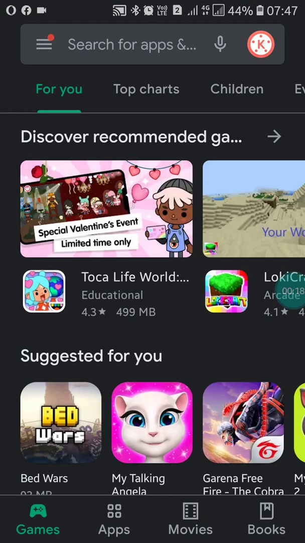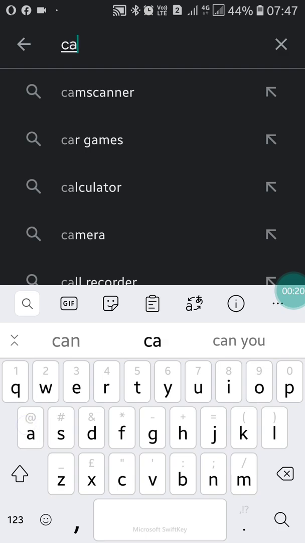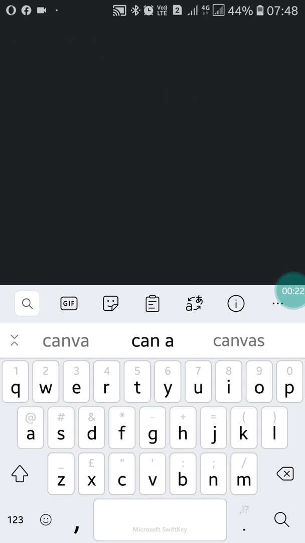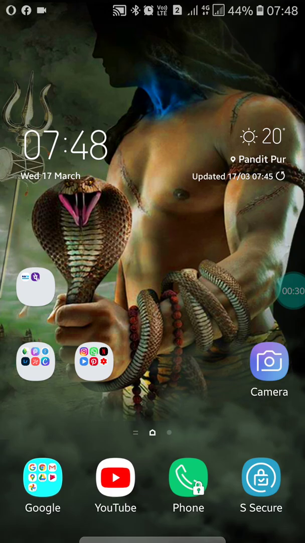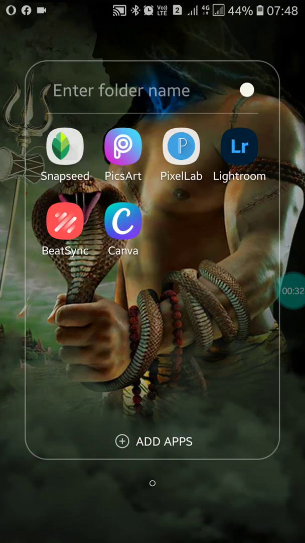an app, the app name is Canva. So type Canva here and search for it. So you will see this app. Now you have to download it on your mobile and then open it. So install it and open it like this. Now click on it and you will see